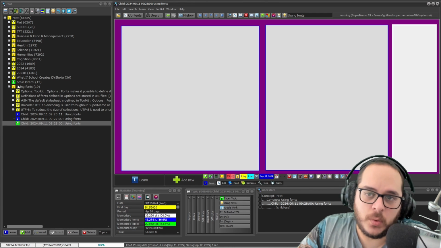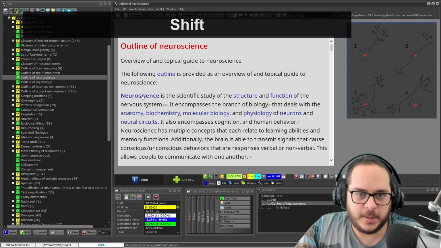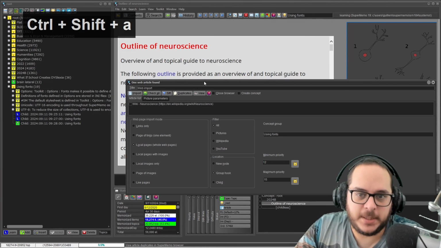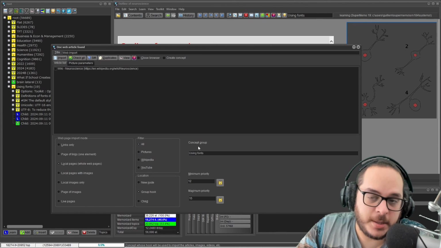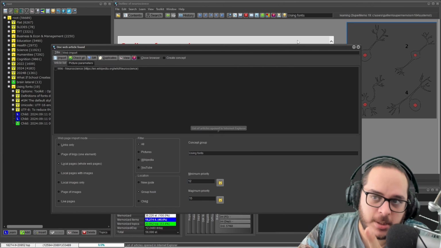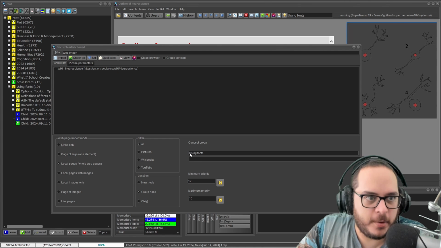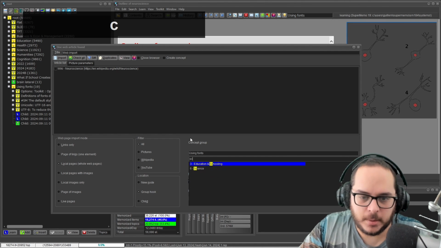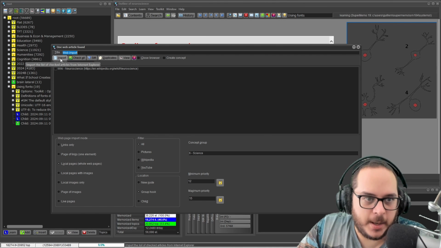Then, if what I do is import, like this one, let's do the outline of neuroscience. So no worries about the imports, but it's just to let you know that when I have this import, that's the old import from Internet Explorer. Here you have the concept group. Why is using fonts? It's pre-selected because it's the default one. Okay, I can change it. So I could do, for instance, health. No, that will be science. Here you go, science. Then I import this,